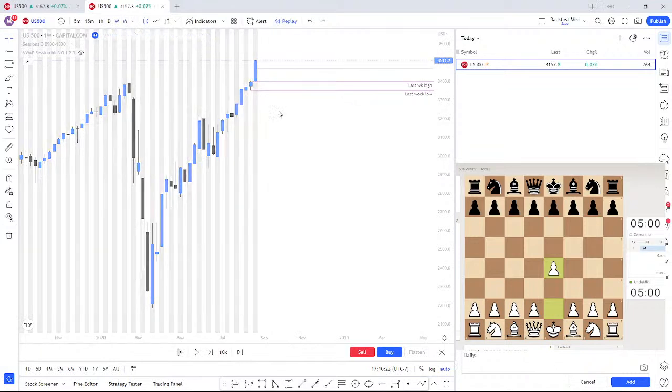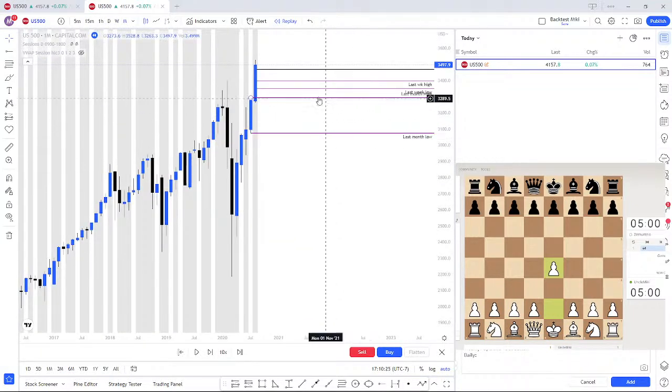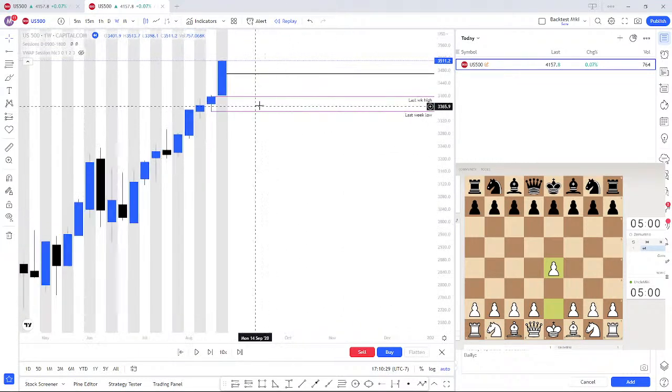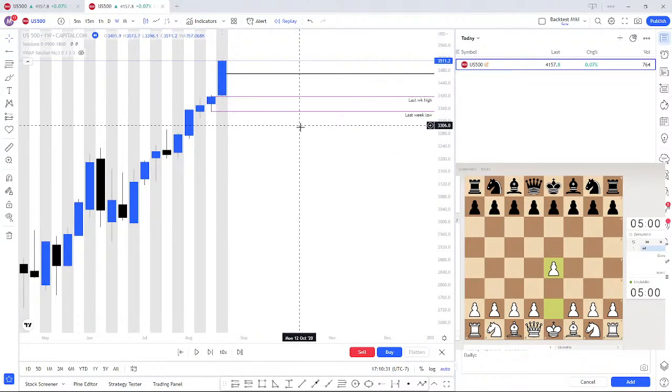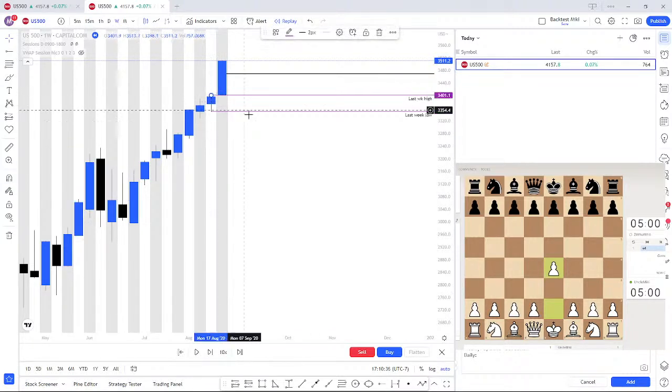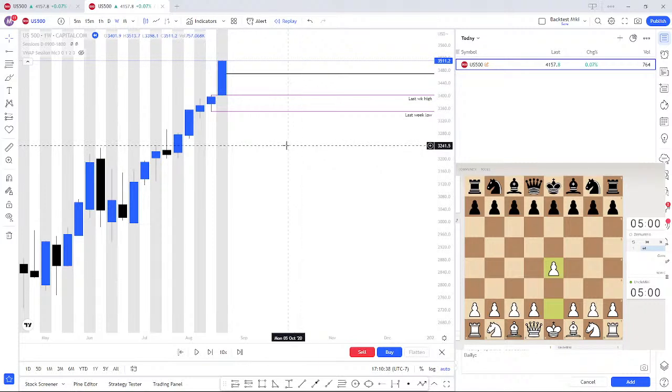Oh, and obviously we mark the last month low, last month high. We go to the weekly. Weekly, you go to the prior week, mark the low and high too. Wait, this is on the body. What? Yeah. Mark the low and high, and then